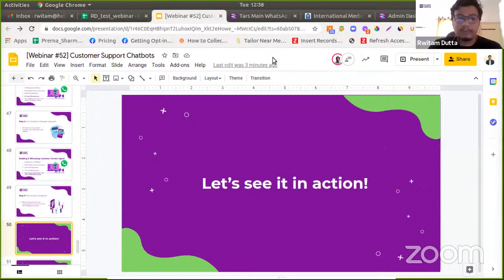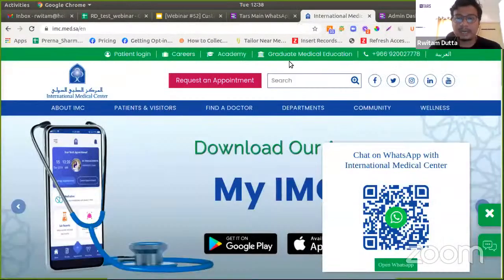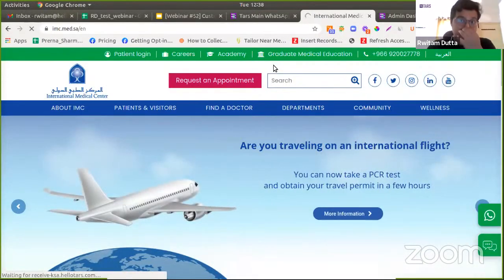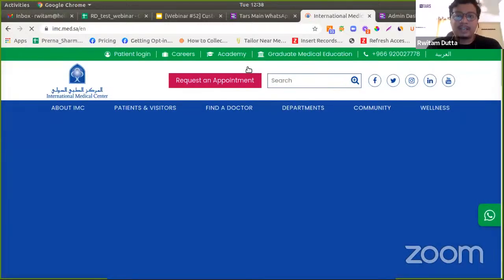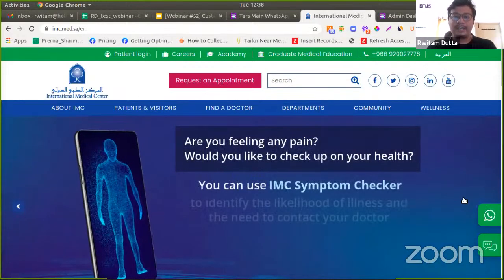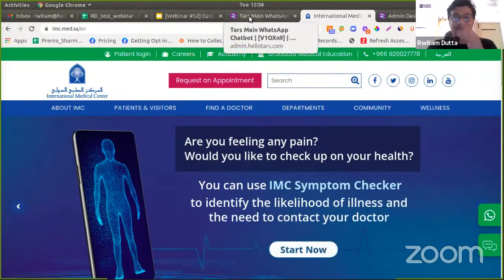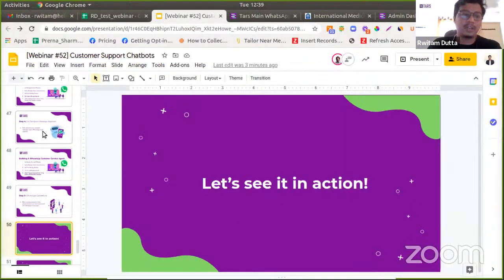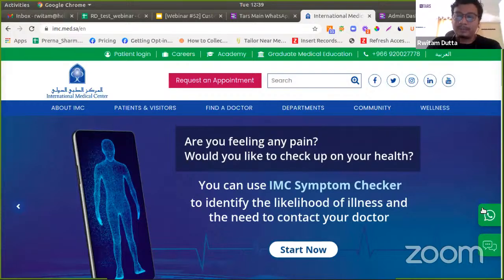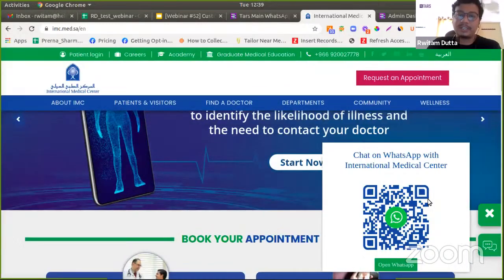So yeah, coming to the demo, I wanted to show two things for the customer support chatbot. It is International Medical Center, one of our enterprise customers, and they are one of the largest hospitals in Saudi Arabia and the Middle East region. So how they have deployed it, coming to this point again of how we can collect opt-ins. Now these guys have implemented a WhatsApp widget over here. If you click this widget, you'll be able to